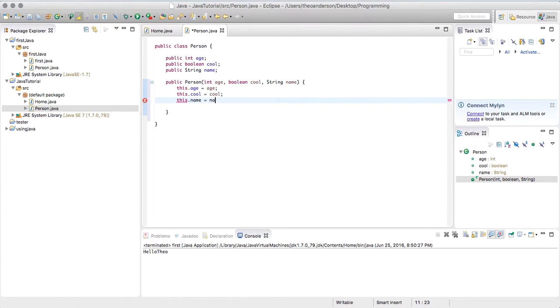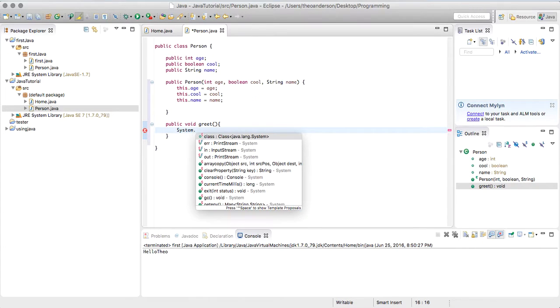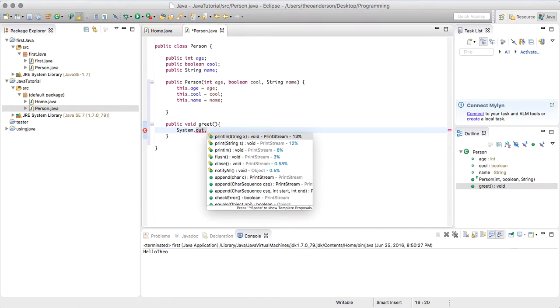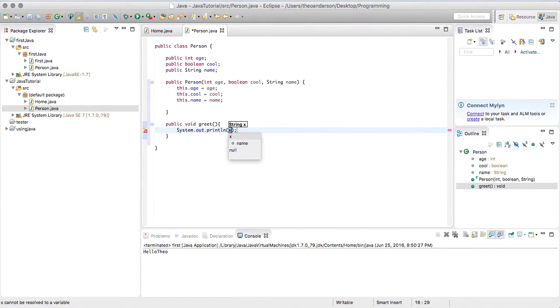this.name equals name. Okay, and then we'll have this method, public void greet, and all this is going to do is, we can't return anything because we put a void in there. So we're just going to use the System, which is just like the console, and then we can say out.println, which accepts really anything, and we're just going to say hello plus this stuff, or hello plus